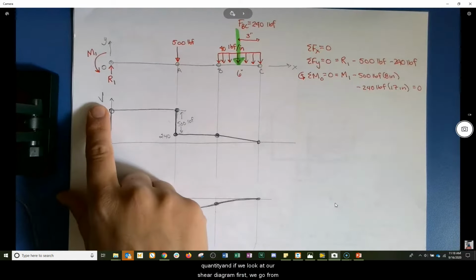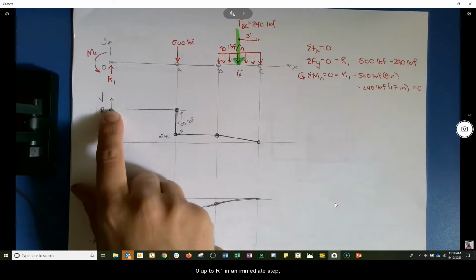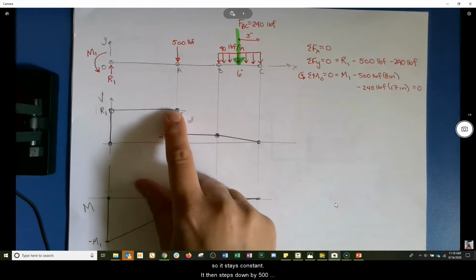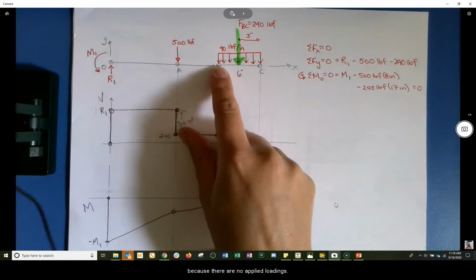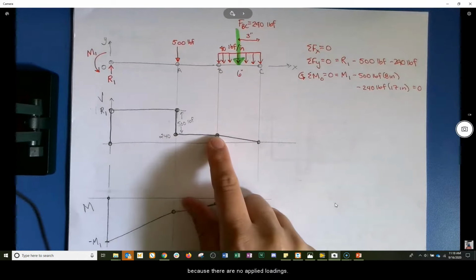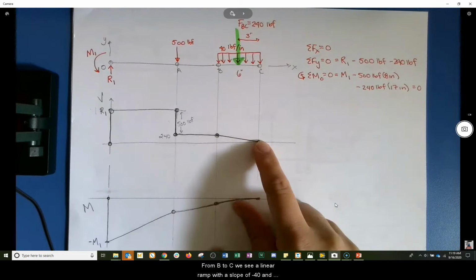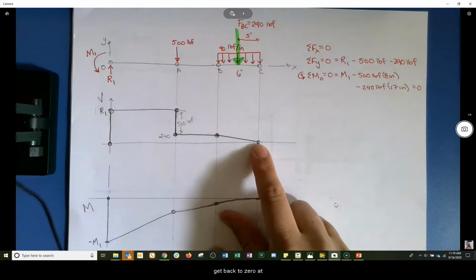And if we look at our shear diagram first, we go from 0 up to R1 in an immediate step, and there's nothing between O and A, so it stays constant. It then steps down by 500 pounds, and again stays constant because there are no applied loadings. From B to C, we see a linear ramp with a slope of -40 and get back to 0 at